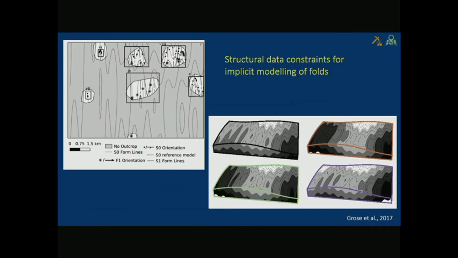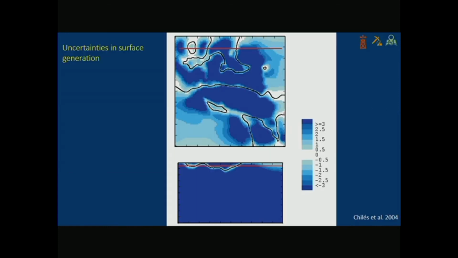The same sort of work is being done at Monash at the moment by Lachlan Gross, who's just finished his PhD? Yeah, I think he's just finished. We're looking at isolated fold information and running simulations to produce 3D models of this folded system based on the knowledge that this is actually undersampling what we need in order to produce a unique solution. Therefore, multiple solutions are valid, and therefore multiple 3D models can be generated from this. And I'm not going to go into more detail on that.